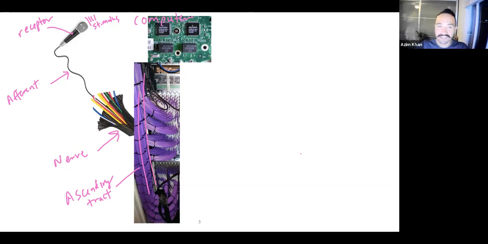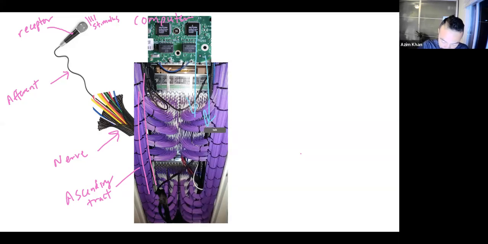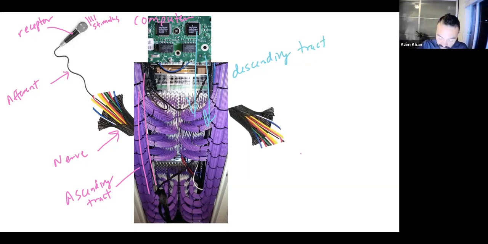So in my silly analogy, you've sung into this microphone, that information has gone up to the computer. What does the computer do now? What we want is our voice to be amplified. That's the output. So we have to go from information sent to the computer and then our voice to be amplified. So we're going to have information descent. We're going to have a descending tract. Then we send information out through more wires, specifically an efferent nerve,